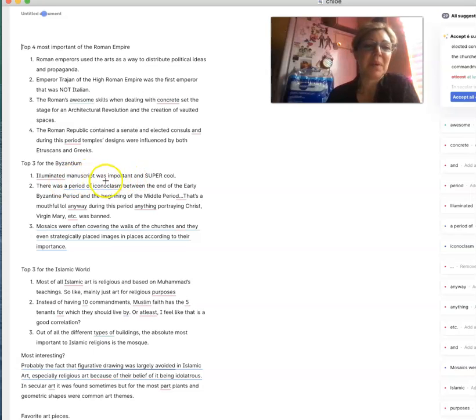Why was illuminated manuscript important? I would challenge you to tell me why. I know it was important. Believe me, I do. But why do you think it was important? What would you want people to know if they were your reader and they're reading your writing? Be a little more specific there. Okay. Yes, this is great. Very specific. Okay, that's nice.